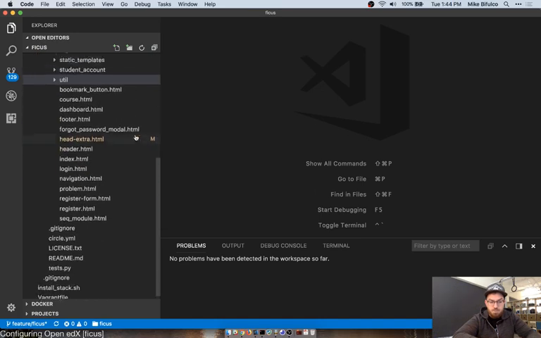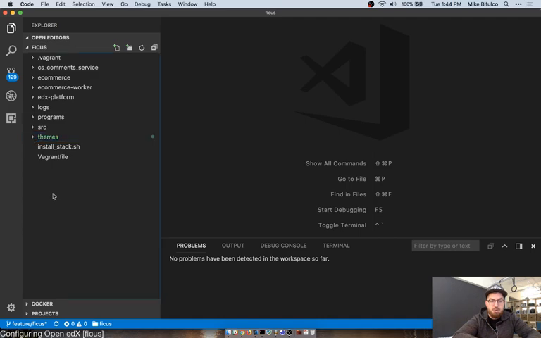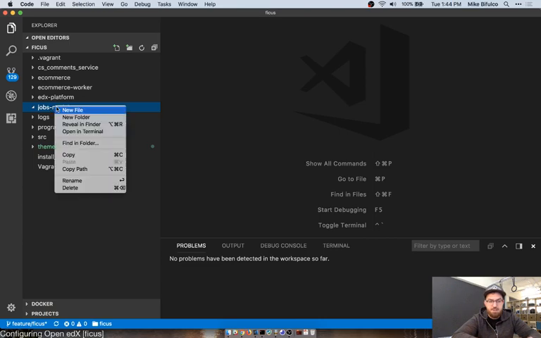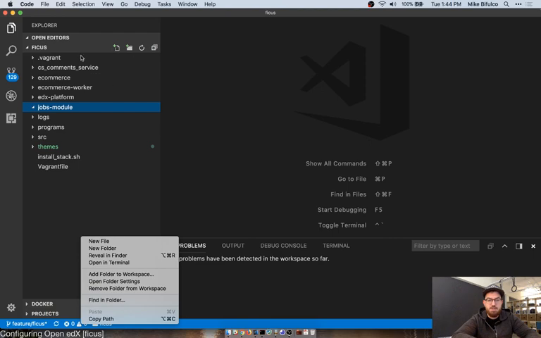So let's get started with some code. What I'm going to do is add a folder to this, which is largely where we're going to work out of today. We're going to call this jobs module. This is essentially going to be a separate project, but I'm just leaving it in the same folder structure that I use here. It doesn't really hurt anything having it here. I'll probably move it after the stream is done, but for the sake of this, it's easier to do.